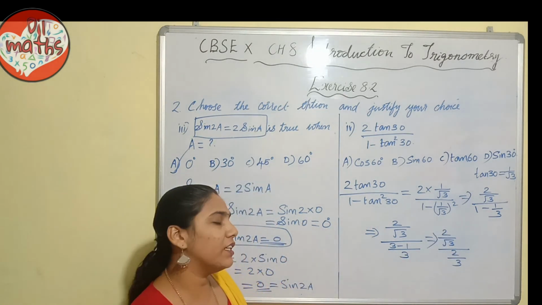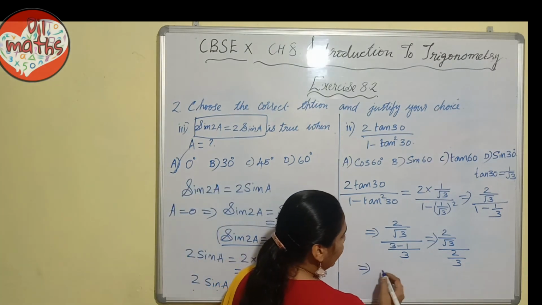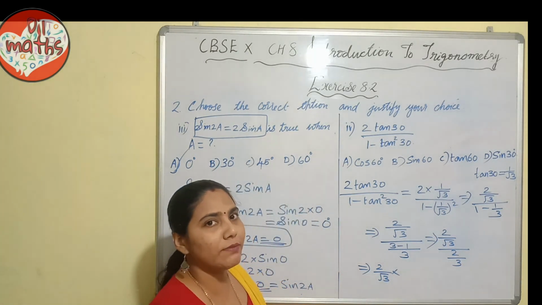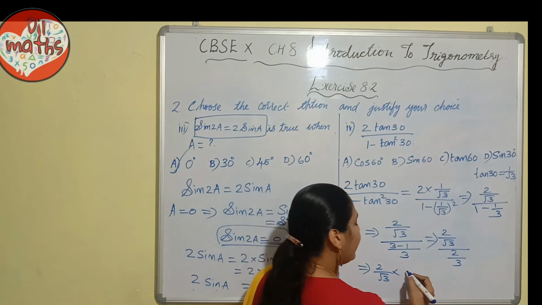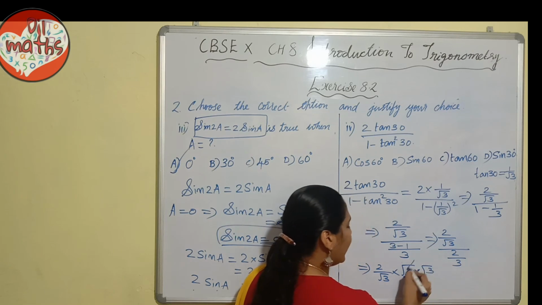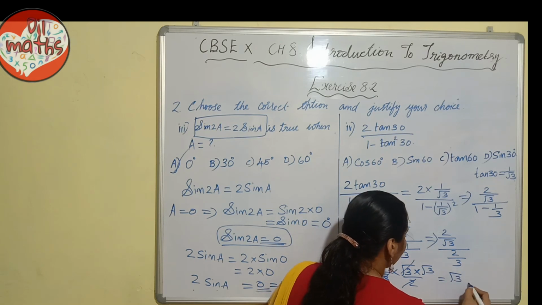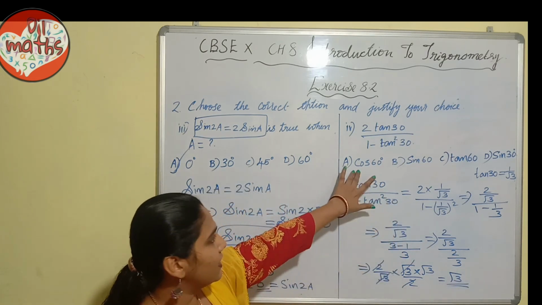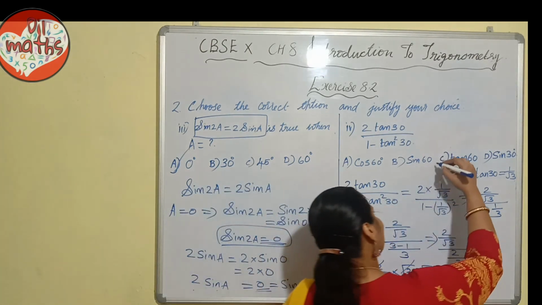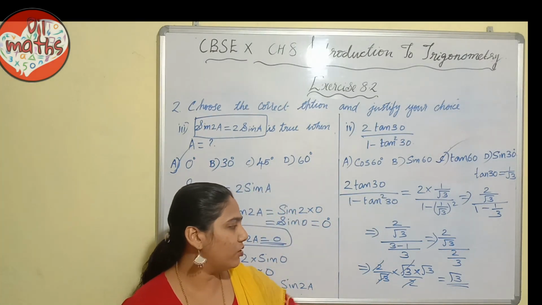And here, fraction divided by another fraction, then what you can do? You can multiply with the reciprocal of the denominator. So 2 by root 3 into, in the numerator 2 by 3 is there. So what is the reciprocal of that one? 3 by 2, and 3 by 2 we can write as root 3. 3 we can write as root 3 into root 3, isn't it? And now we can cancel this root 3 and 2 we can cancel. Then what will get? Root 3 we will get. So cos 60 is not equal to root 3, sin 60 not equal to root 3, tan 60, yes, tan 60 is equal to root 3. So our option is option C, tan 60, that's equal to root 3.